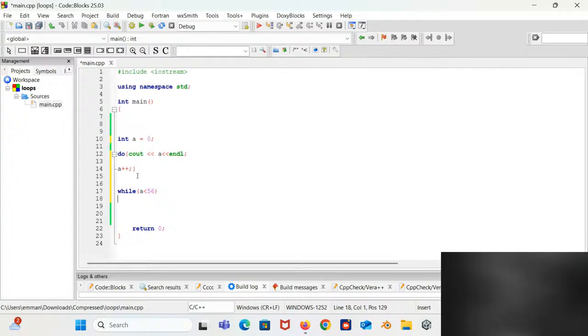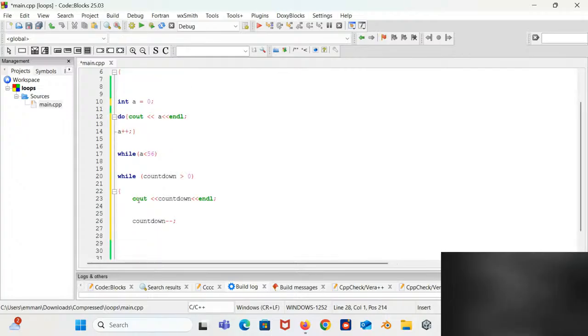Now we can see that for the while loop, let me paste the while loop here. This is the do while loop. Now for the while loop, that's what I've highlighted here.